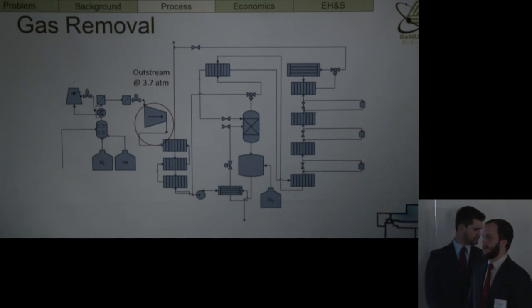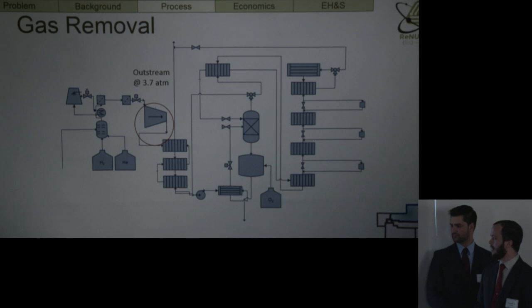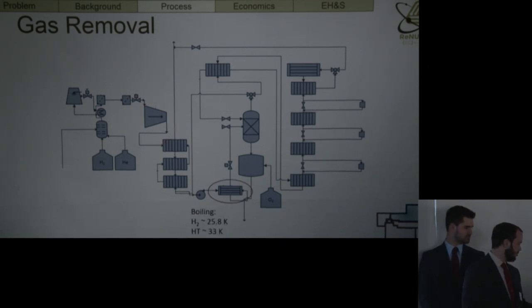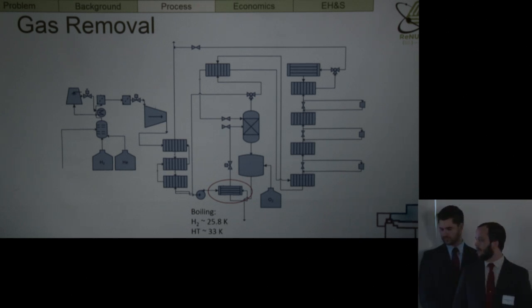Next part of this is a cryogenic distillation column for the separation of tritium from hydrogen. There's quite a bit going on here. It's not very easy to remove tritium from hydrogen. This all happens at double digits K, around 28 to 33 Kelvin. So there's a lot of compressing going on for compressive cooling. We start with our outstream at 3.7 atmospheres, and through heat exchangers, there we have the boiling temperatures of hydrogen and tritium. They're far enough apart that we can separate them, but there's quite a bit of effort that goes